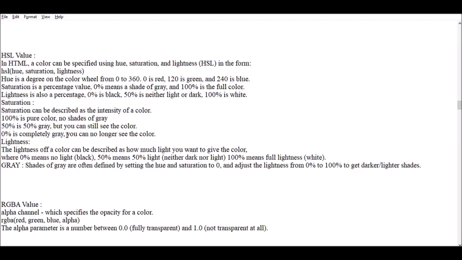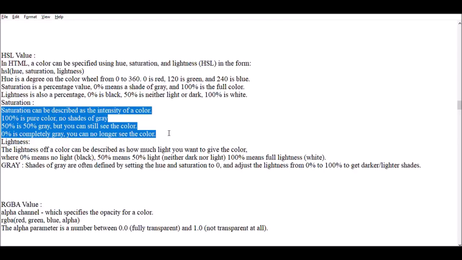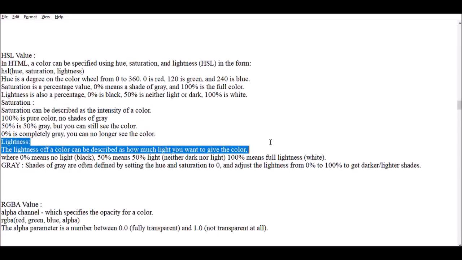The lightness of a color can be described as how much light you want to give the color, where 0% means no light, 50% means neither dark nor light, and 100% means full lightness. Shades of gray are often defined by setting the saturation to 0 and adjusting the lightness from 0% to 100% to get darker or lighter shades, as we talked about previously.